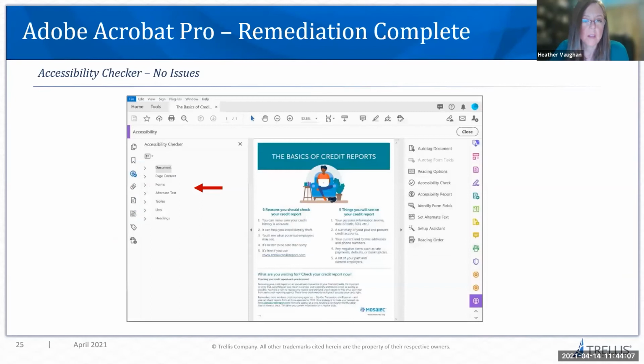So as you can see on the left part of the screen, in the accessibility checker panel, whereas before there were lots of issues, once you work through everything, you shouldn't see anything bolded, it shouldn't have any issues identified, and then you will know, okay, your remediation is complete for now. So then we'll go on to the Optimize tool.